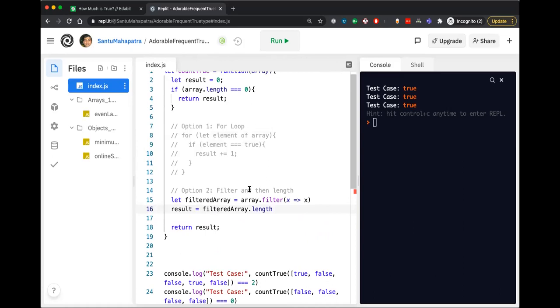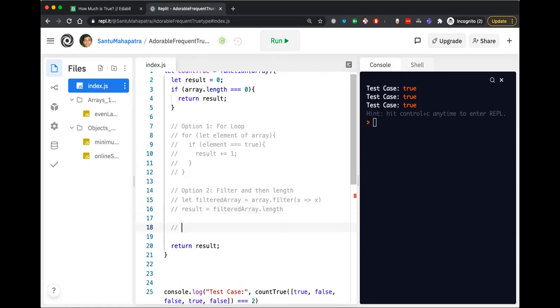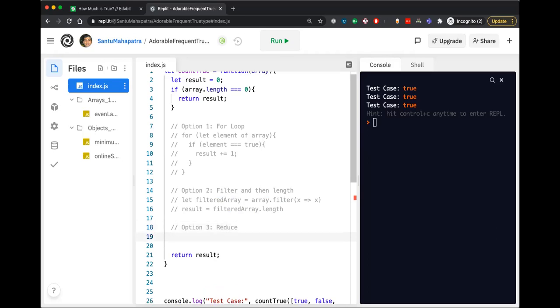This is the second option. A little bit less code. Let's look at the third option using reduce. Keep in mind that we have already initialized result as 0, so we can use the result as the accumulator itself. We can assign the reduce operation to the result. So result equal to array dot reduce.